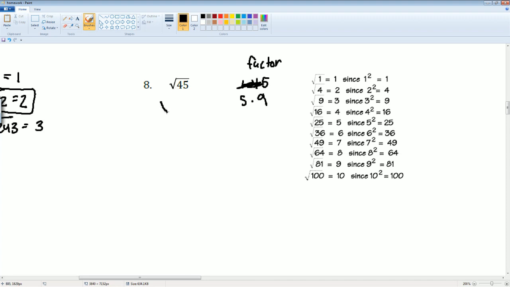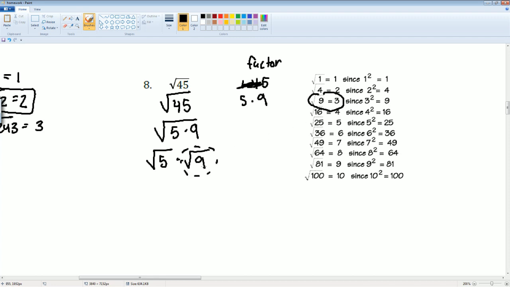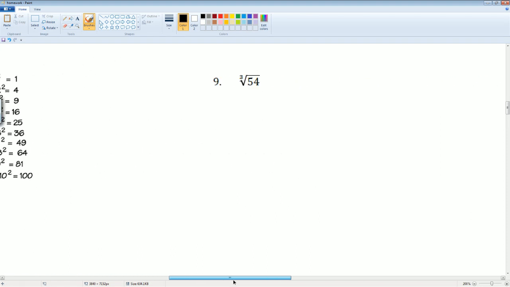Square root of 45 can be broken down into 5 times 9. Split this apart. Radical 5 times radical 9. Nothing happens to the 5, but we know 9 is perfect based on our list right here. So this becomes what number? 3. So it's radical 5 times 3, which in simple English can just be 3 radical 5. Okay? All right. And last one,